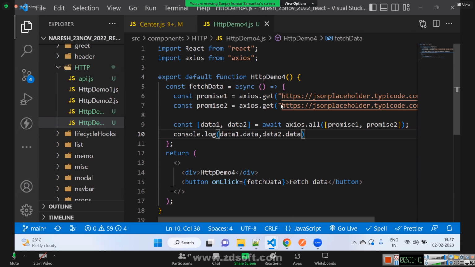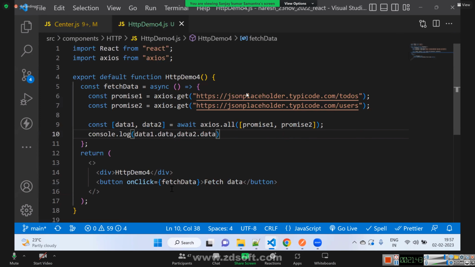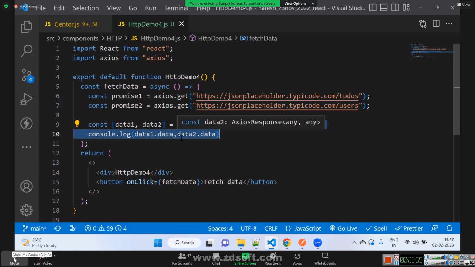So if I want to render the first promise, after that the second promise? Then we have to call individually. We don't have to use axios.all. Okay. So can we achieve the same using fetch?